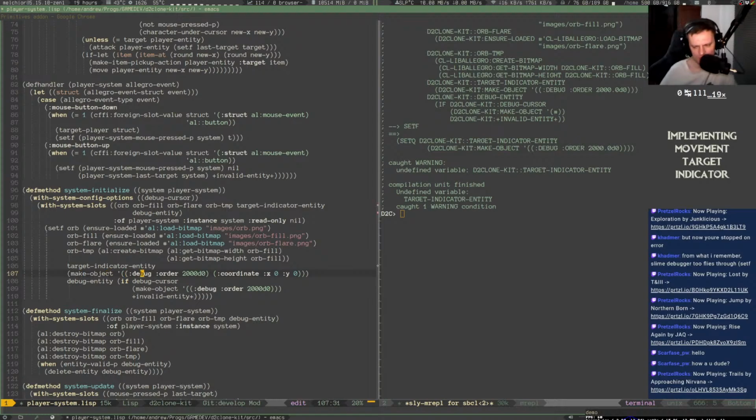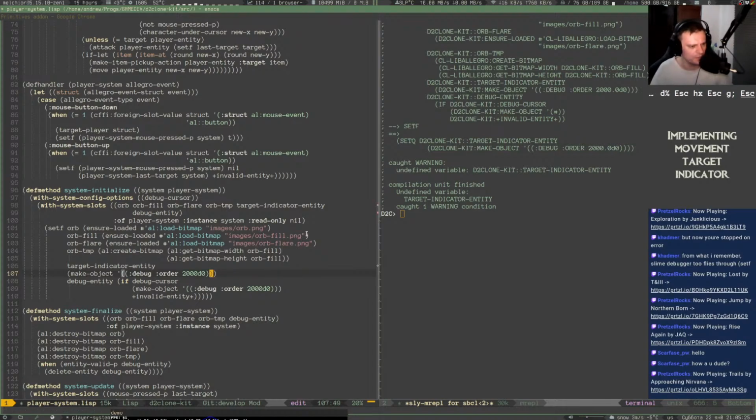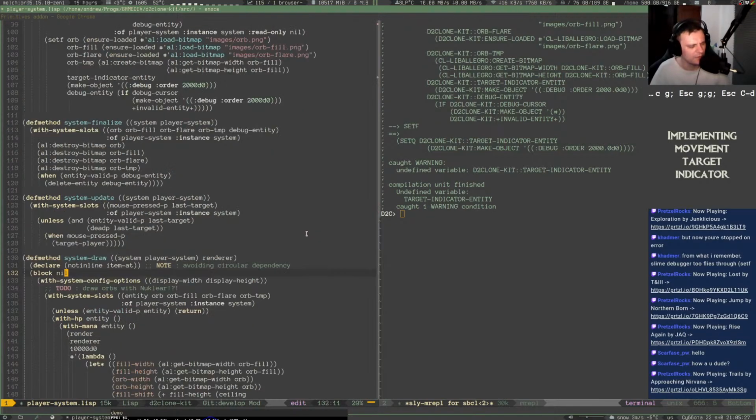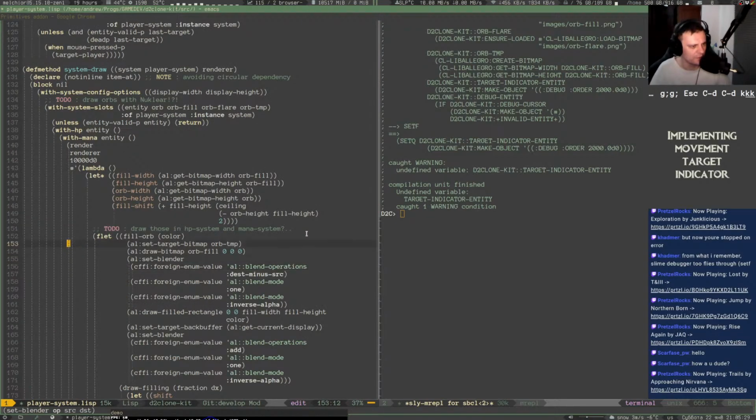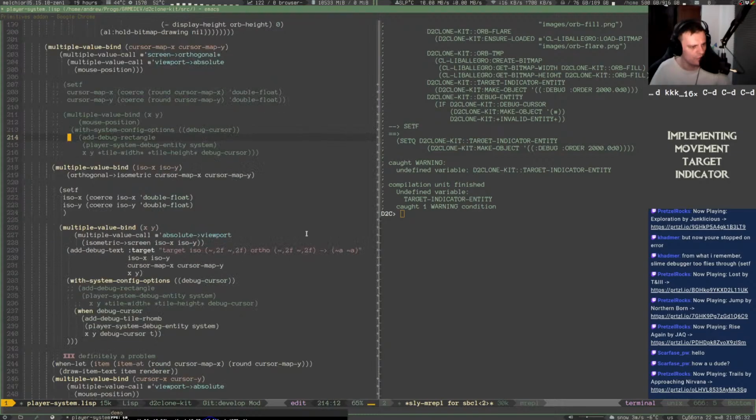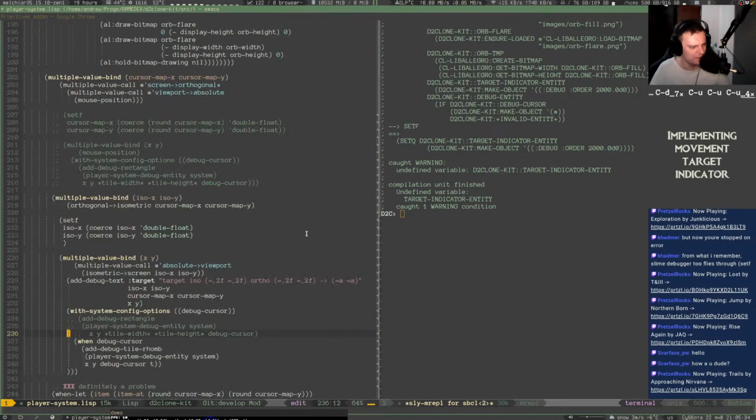No, probably I should go with another approach. Probably I want to add this thing only when there is a target. And I mean, I can dynamically add the component to some entity, right? So I would do just that. So first of all, in system draw, no, I'm adding a lot of stuff here,